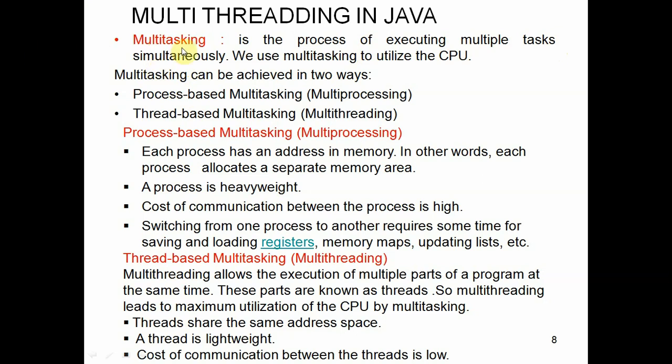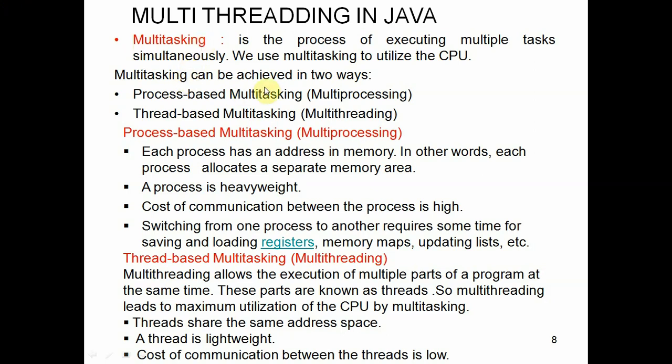In the Windows operating system, at a particular point of time, we can execute a word processor for typing our data, and at the same time we can run a media player for listening to some audio, and at the same time we can give some printouts by using a printing application. So that means we run a total of 3 tasks at a time. These 3 tasks are run concurrently. This activity is called multitasking.